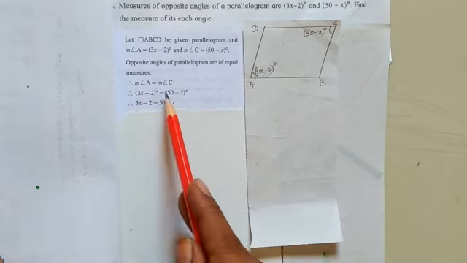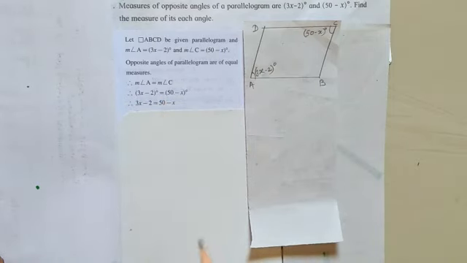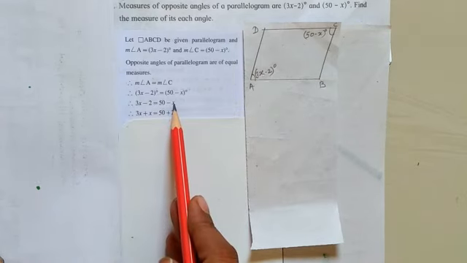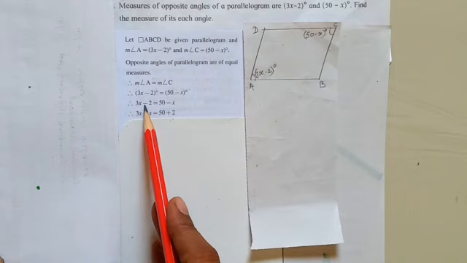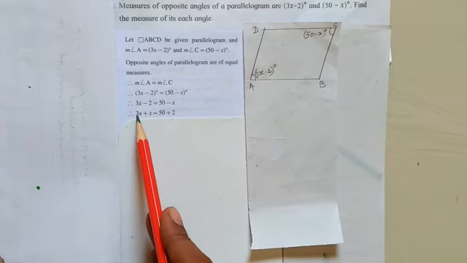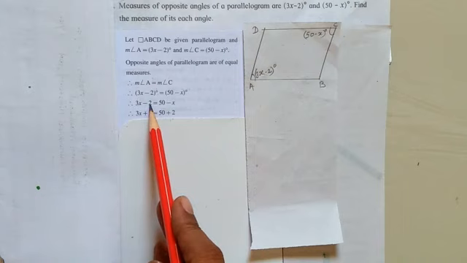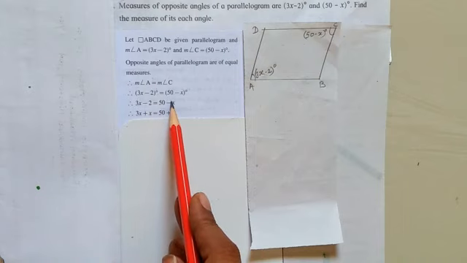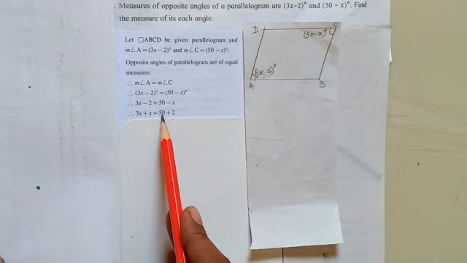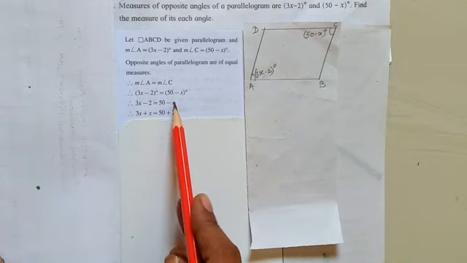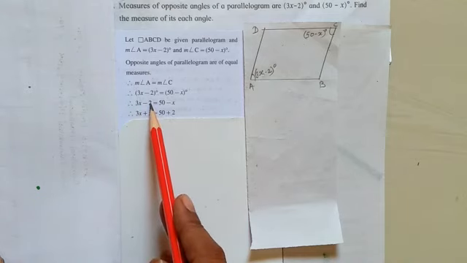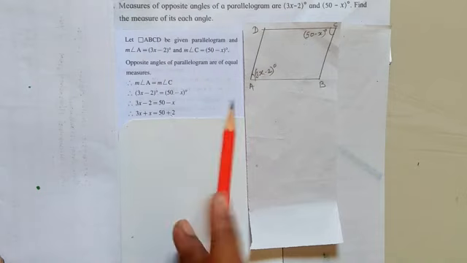Then students, remove this bracket and the symbol of degree. This x is minus here, while going to the opposite side, it will become plus. So 3x plus x. Now this minus 2 will be here. While going to the opposite side, it will become plus 2. So 50 plus 2 will be here, x will be here, and this minus 2 will become plus 2.